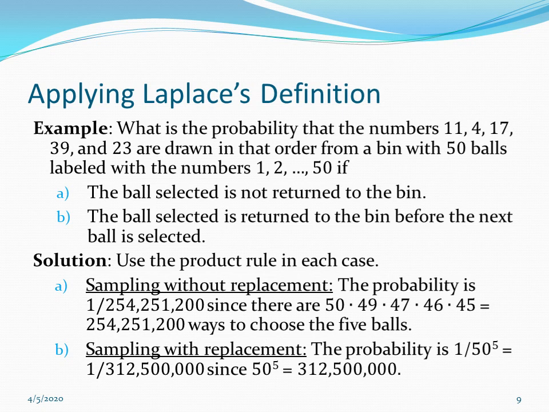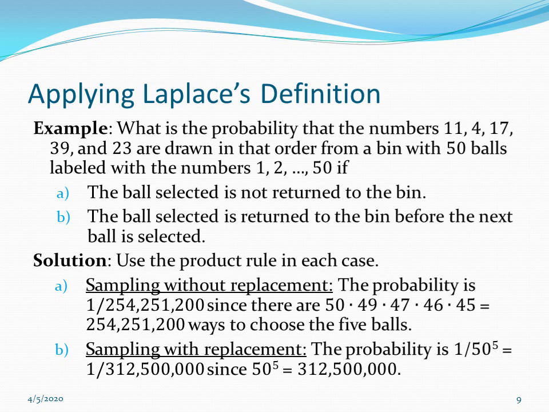And of course, there's only one way to select these in the correct order, so the probability will be 1 divided by 254,251,200. To solve the other problem, sampling with replacement, that means we return the ball before we select the next